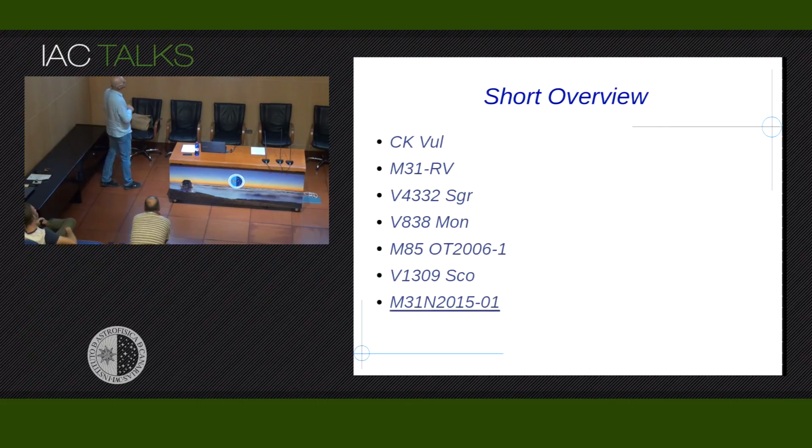And then there were similar transients discovered in our galaxy. Of course, the object in Monoceros being the one that is studied in greatest detail, and it is also well known. But before that, in '98, there was a transient in Sagittarius, and the most recent one, again in our galaxy, which is from 2008, is